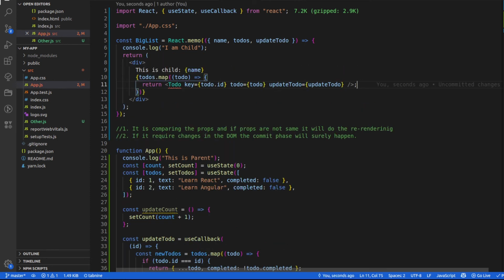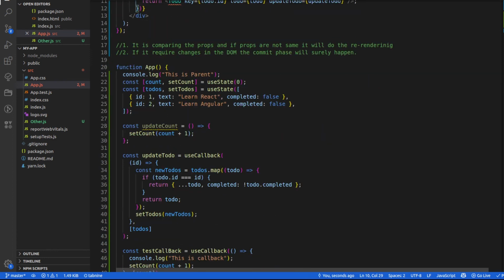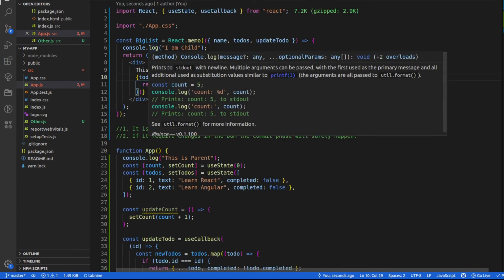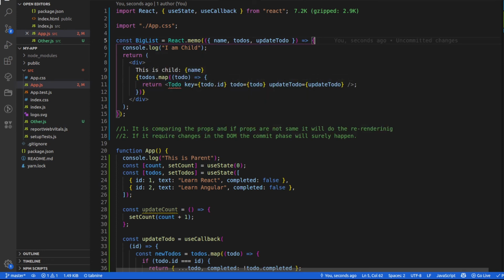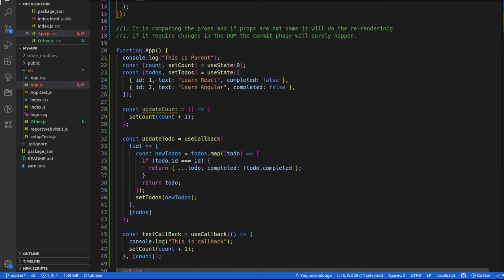So it is going to be the big todo, and again todo will be my component, and updateTodo it will be doing. So if my component is big enough and you feel that there is a worth of using a big list, only then you should do this. You should wrap your component inside React.memo and then use the useCallback hook.